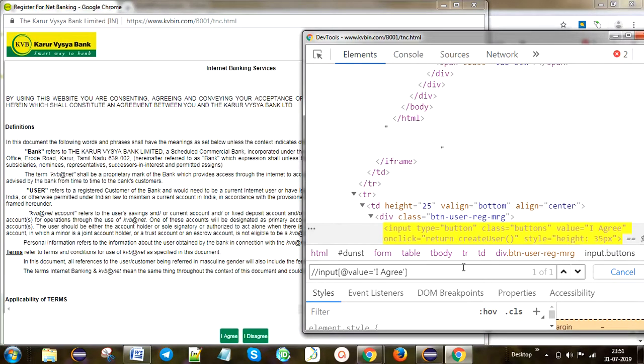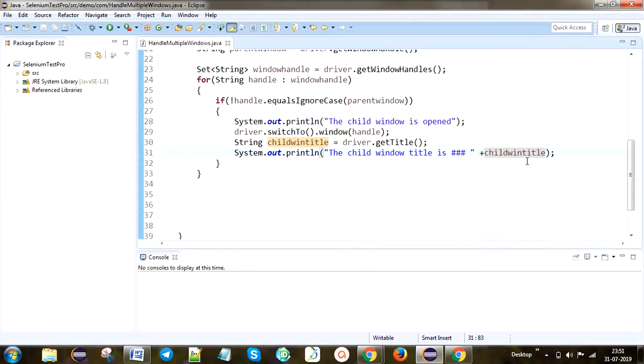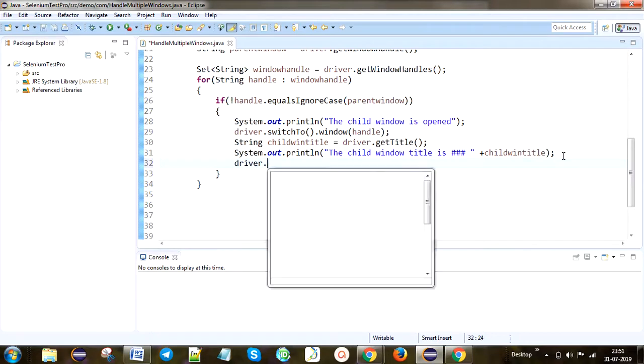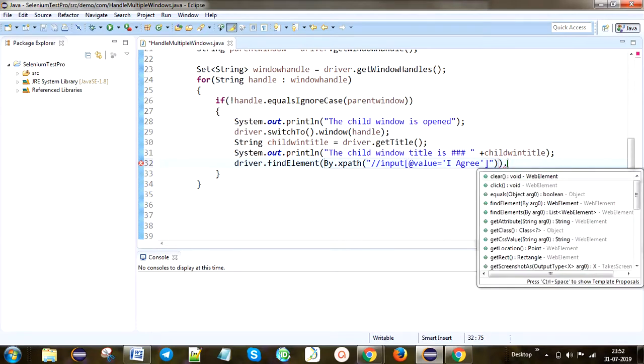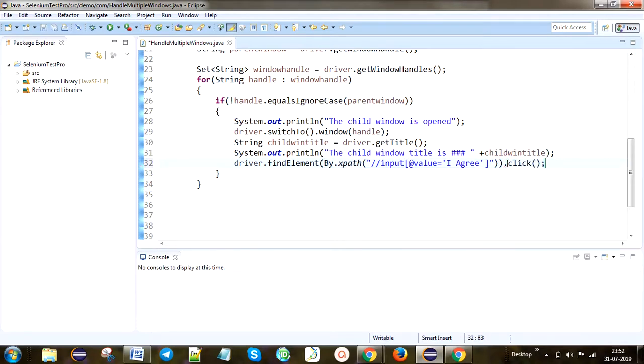So here we can see the matched element is 1. Got it? So here I am going to click on this one. driver.findElement(By.xpath(...)).click(). Okay,